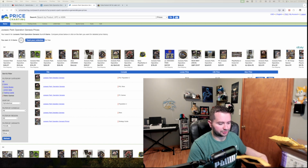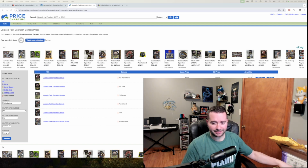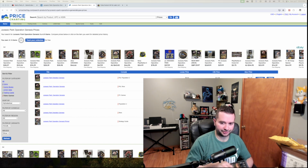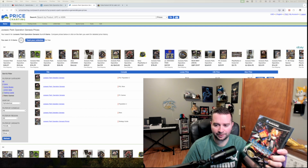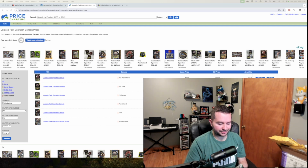All right, there are two games in here. And the first game is a GameCube game. And very glad to get the actual case and artwork, it looks like. This looks to be an original case. And that is Star Fox Assault. Love the artwork here. And this came in at $28. And unfortunately, it is not complete in box, but